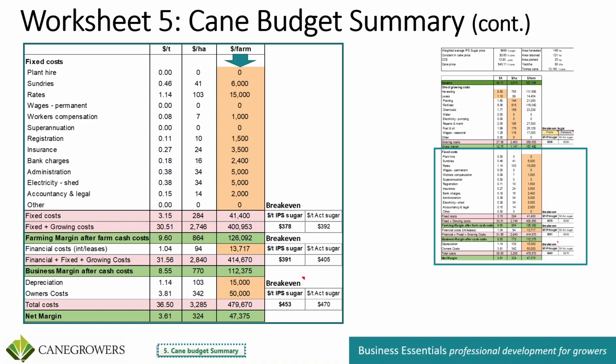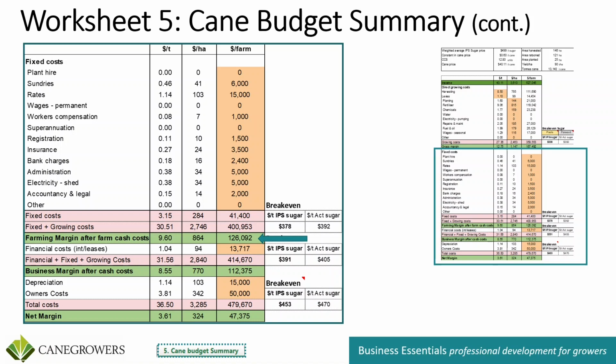After deducting the fixed costs from the gross margin, you are left with the farming margin after cash costs. This provides a good indicator of the farm's potential before the financing costs, depreciation, and drawings. This farming margin can be used to compare to other cane farms, but it is not useful to compare other crops on your farm. It can also be used as a measure of the income available for you to plan